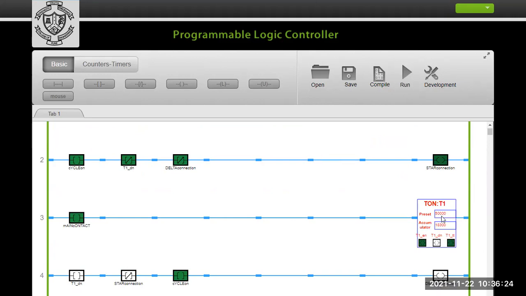Now I am putting 50,000 milliseconds. Now it is going on in the star connection, and after the completion of this you can see the delta connection.